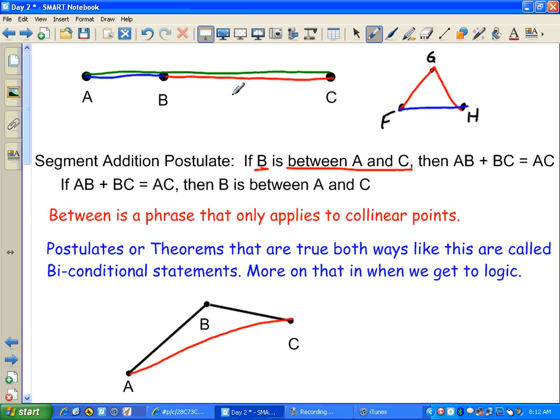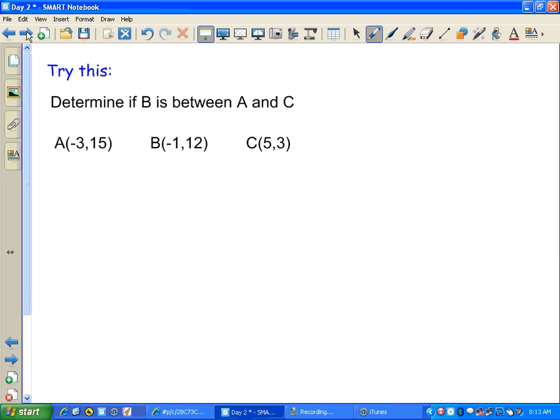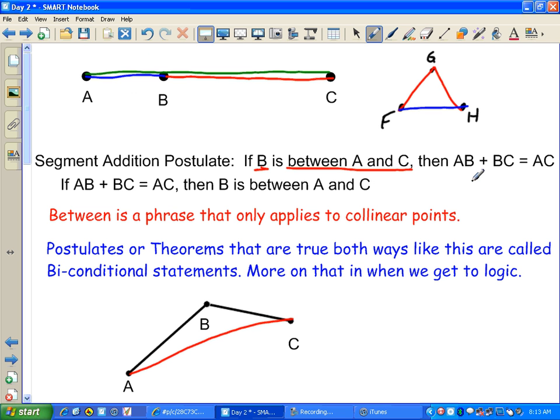If I start with a picture and I see that I have 3 points and there's one in the middle, I can say the first segment plus the second one equals the third one. This can actually be read the other way. So let's say I don't know if B is collinear with A and C. I don't have a picture. Okay, and I want to figure out, is B between A and C? I can go the opposite direction with my segment addition postulate. So I can start with this. If I can show that this is true,